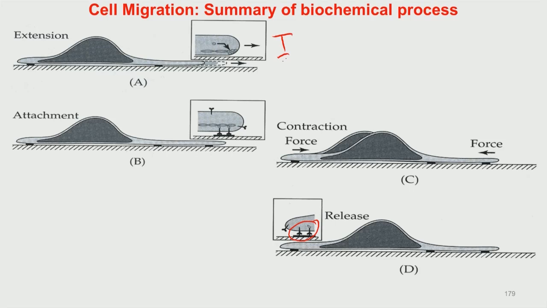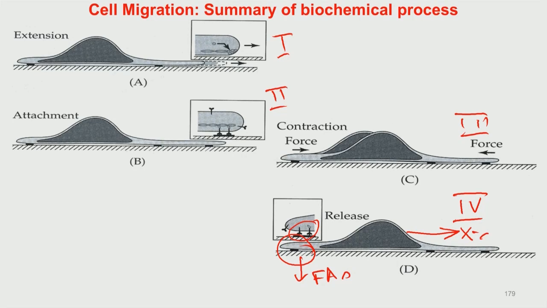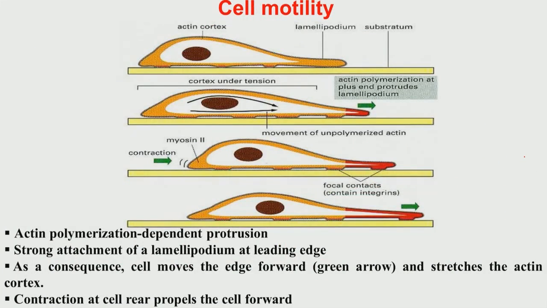So, this is stage 1, this is stage 2, this is stage 3 and this is stage 4. In stage 4, what will happen? These focal adhesions, these FAs, are now released, or lifted off from the matrix, which helps the cell migrate along this x direction. So, this entire process, the biochemical and biomechanical processes involved in cell motility, is explained in this slide. As you can see, the cell was initially at position A, and has now moved to position B. Remember, this A to B distance can be of the order of just a micrometer, micron range,